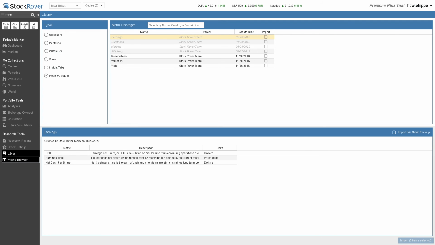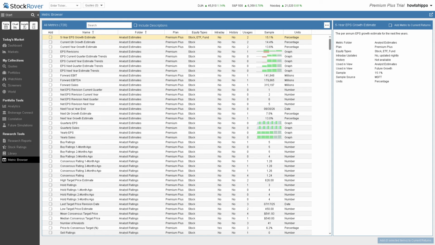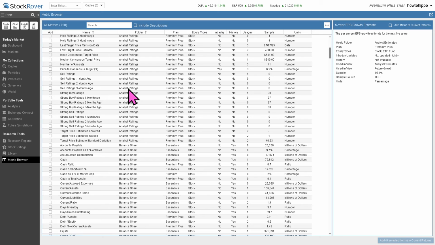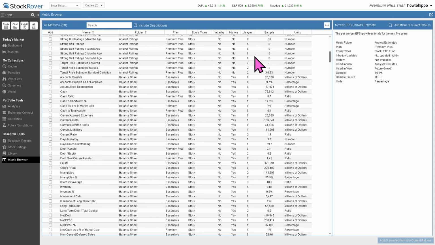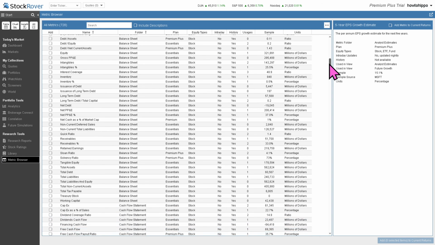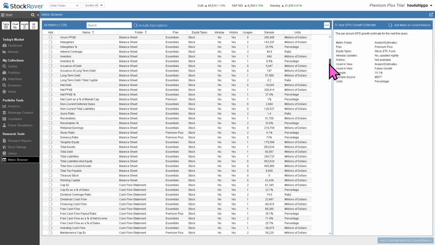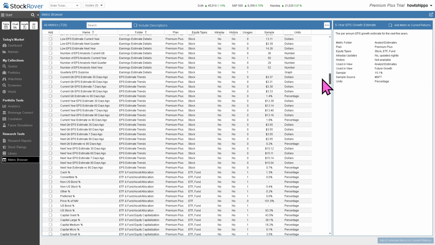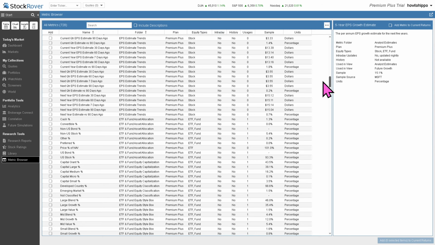Now, then there is going to be the metric browser. This is a powerful tool to explore and understand every metric Stock Rover tracks. Okay, so there's like over 650 of them. It gives definitions, formulas, and examples for valuation, profitability, efficiency, technical indicators, and perfect for building your own screeners or